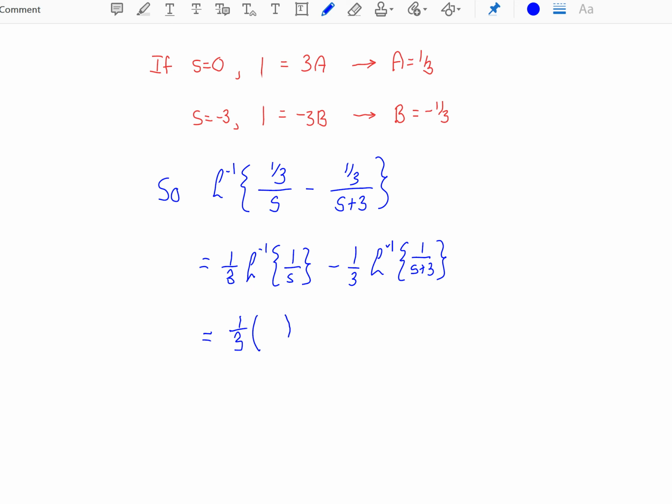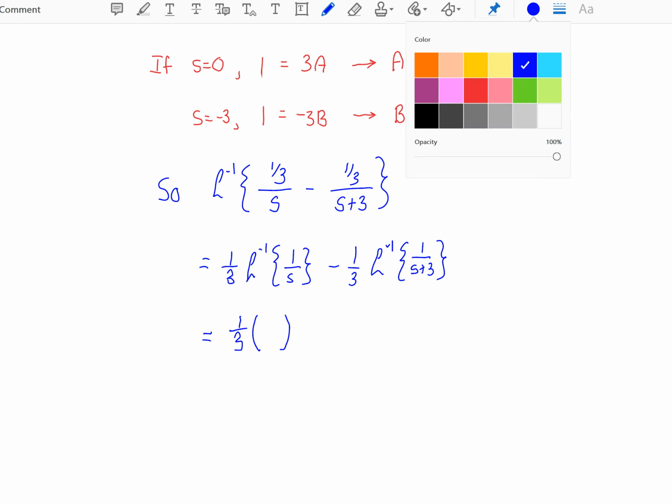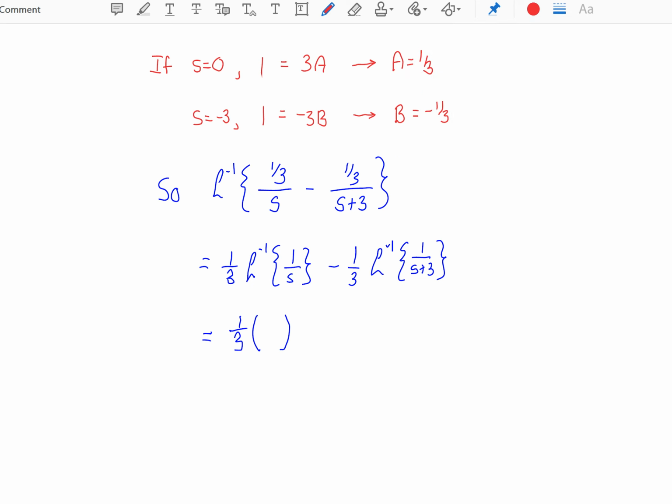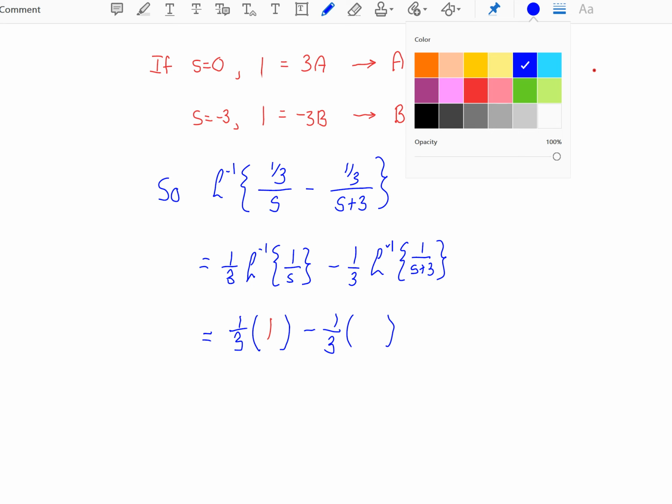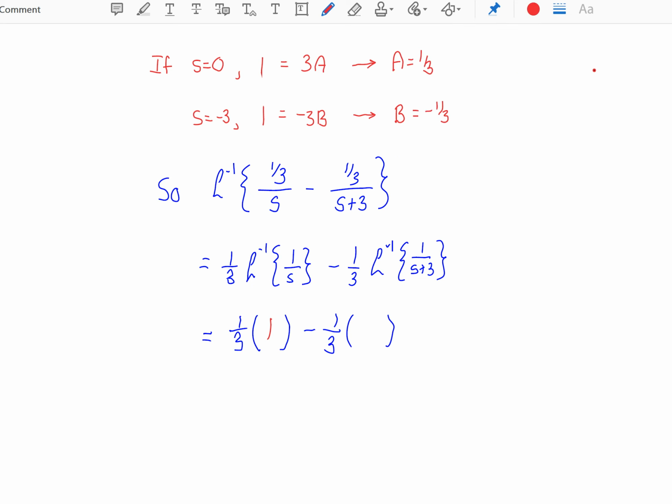The inverse Laplace transform of 1 over s is just 1. And the inverse Laplace transform of 1 over s plus 3 is e to the -3t,